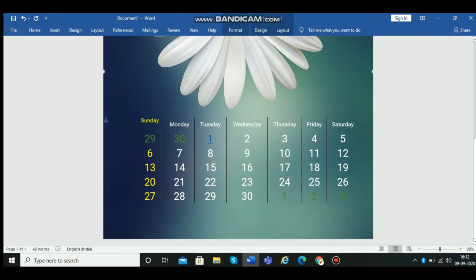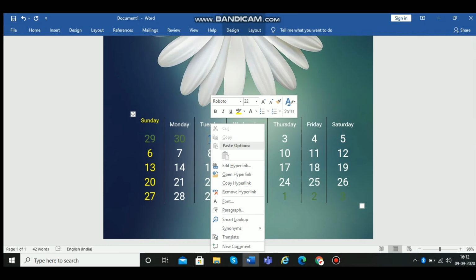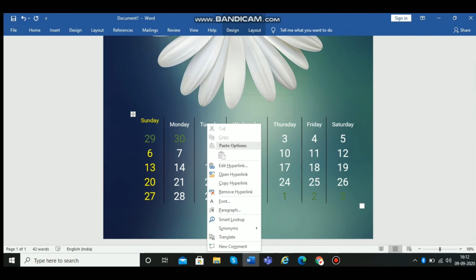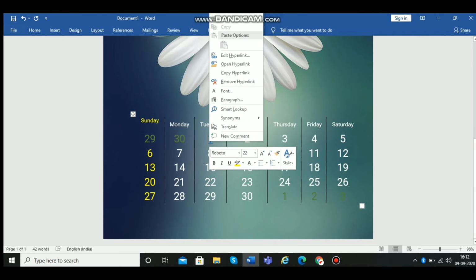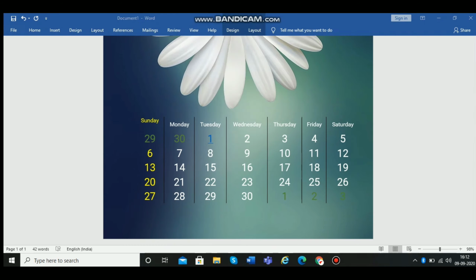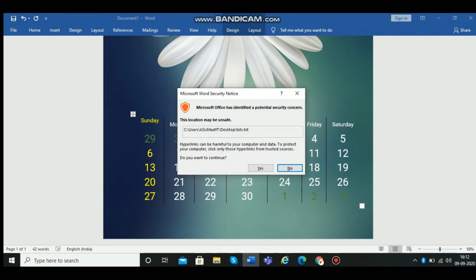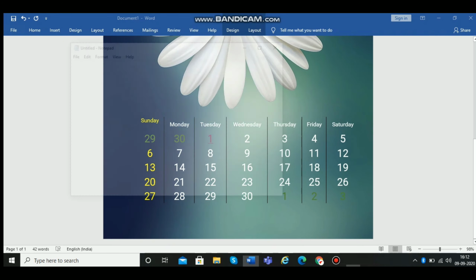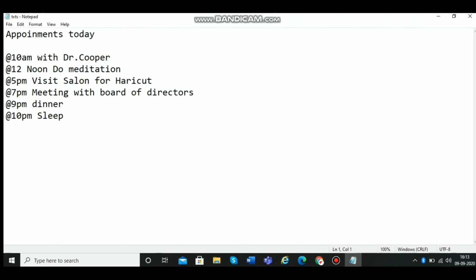So I'll tell you, if I click on this link, what will happen? It is saying to open this link. To open this link we have to press control and then click on this, yeah. So we have to click yes, and then see where we come with our appointment schedule. I've just made this like a reference. You can make it properly in any document like Excel, Word, Outlook, or anywhere where you want.